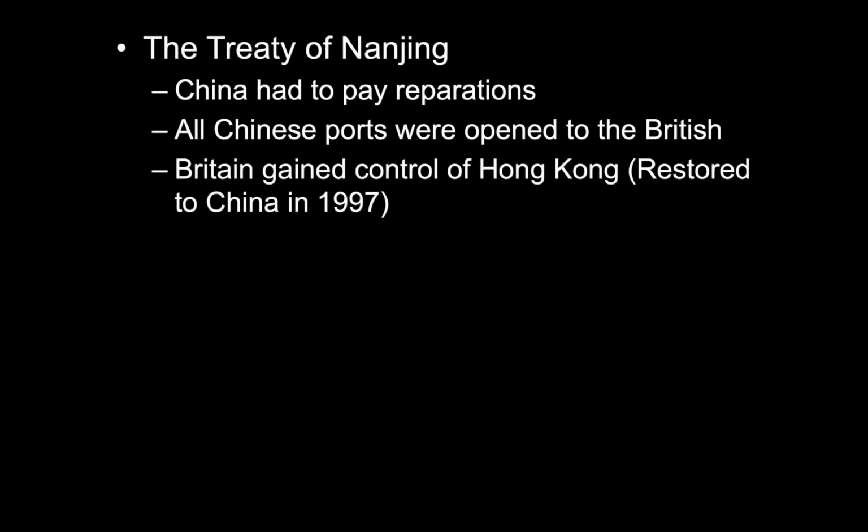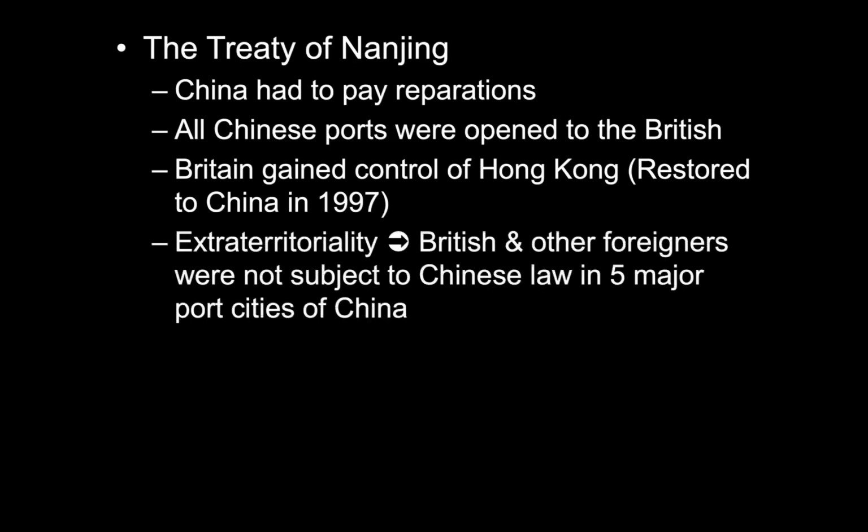British gains control of Hong Kong, which is an old story, which the Chinese get back in '97. And the British are going to say to the Chinese that they and other Europeans will not be able to be ruled under Chinese law in 5 major port cities. Those 5 major port cities, the Europeans can do whatever they want. So this is really a one-sided piece of imperialism that the British push in China, and it's really sad. It's a really sad thing. All this happens so that the British can force the Chinese to buy opium.